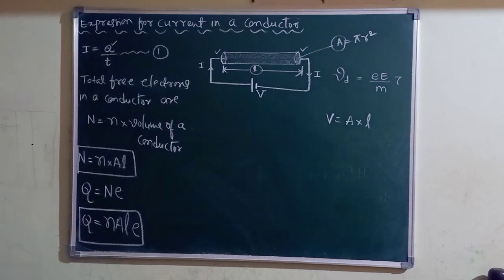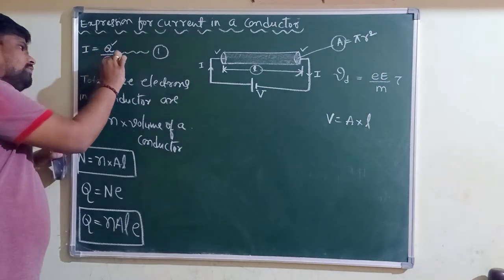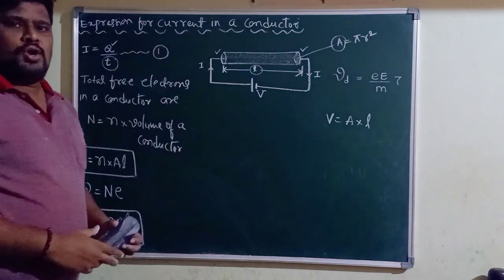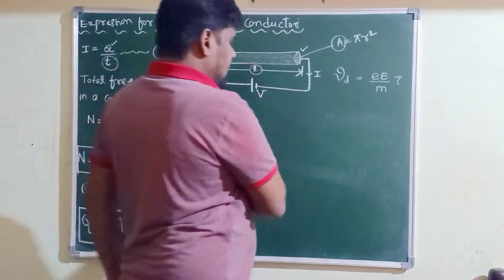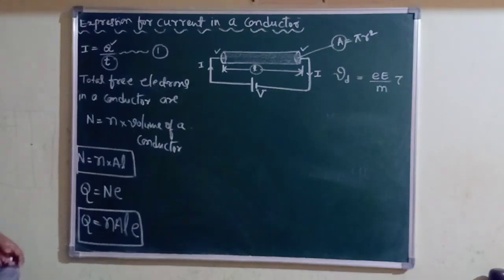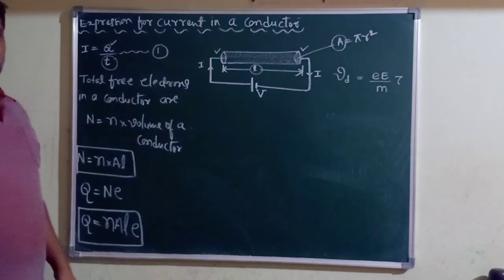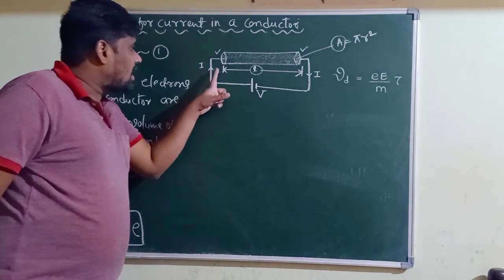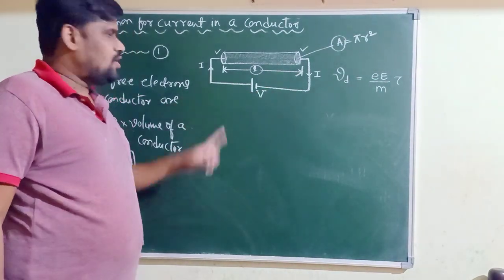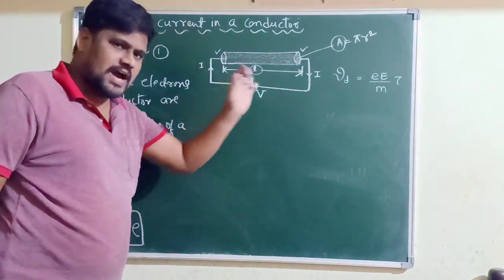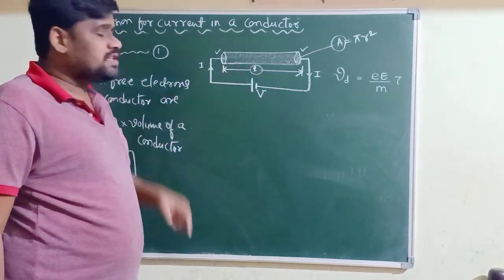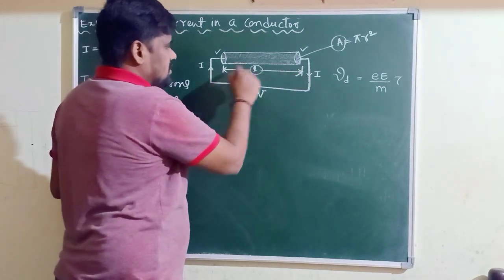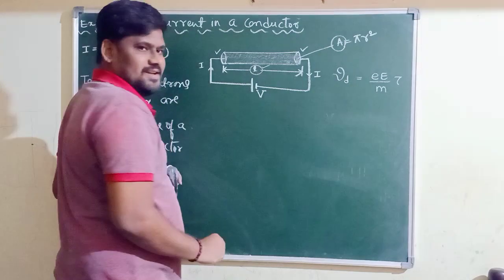Okay. If you know the charge which is flowing across a conductor, then the current can be calculated by using the formula Q by T. But in the next step, I have to calculate the value of T. What is T here? Total time taken by the charge Q to flow from one end of a conductor to what? Another end of a conductor. You know very well, charge is traveling how much distance here? One end to another end. The total distance traveled by the charge is equals to L here.